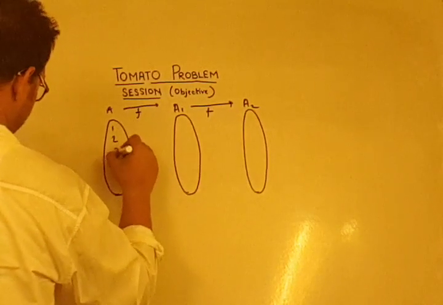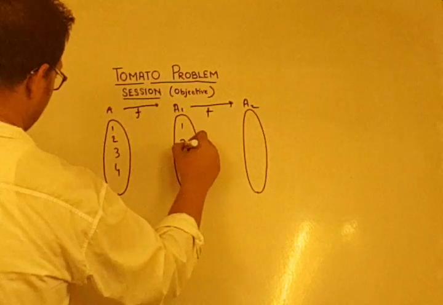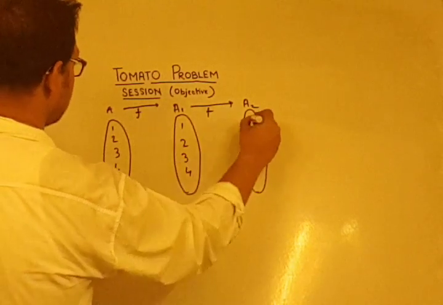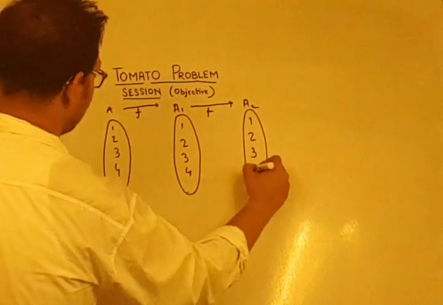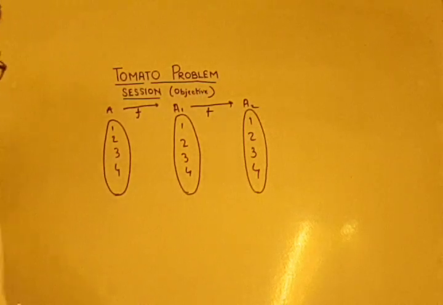Each has 1, 2, 3, 4 elements. So A to A1 is a set, A to A2 is another set, and A to A3 is the